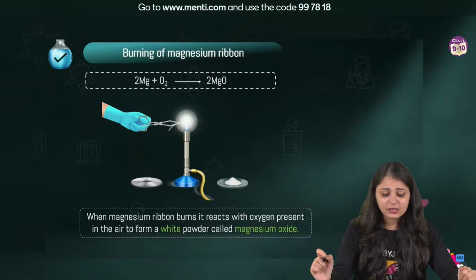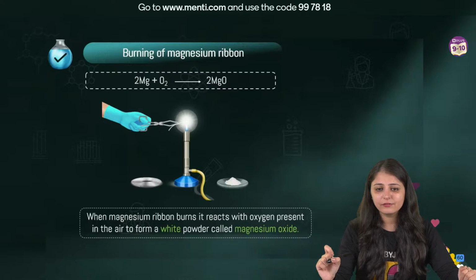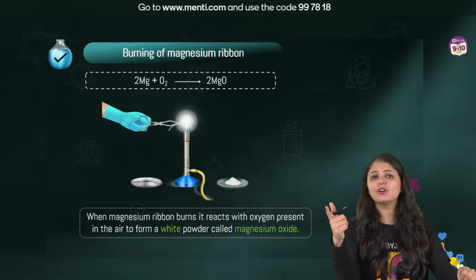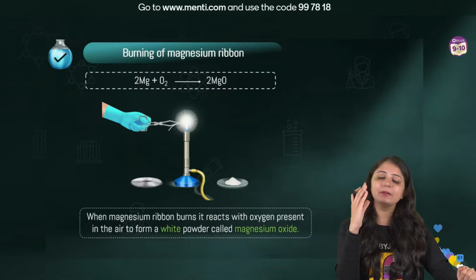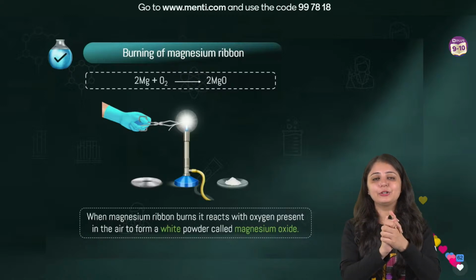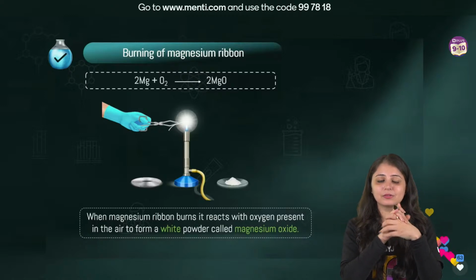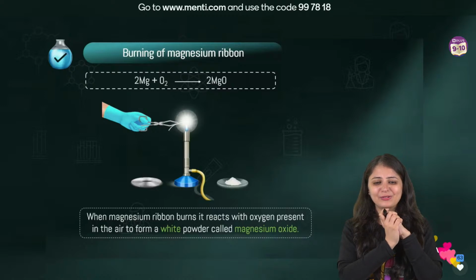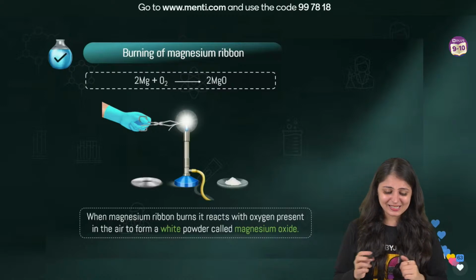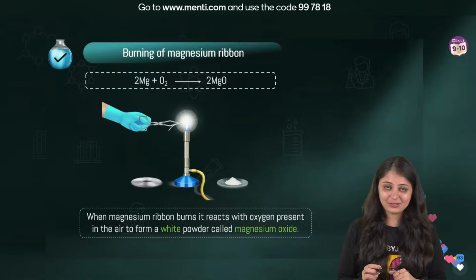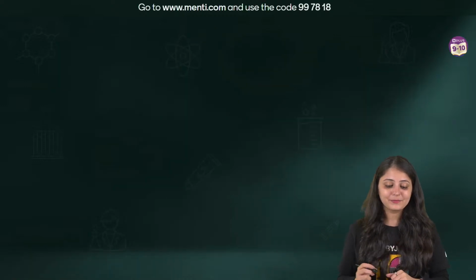By the way, can you tell me the type of reaction? जल्दी से, फटाफट से. Experiment shots, yes. बहुत प्यारा experiment shot इसका एक हमने video upload करा हुआ है. Quickly go watch that also, right after this session. You got confused, it's okay. Combination, yes, Anup, right. Yes, you can call it combination. Exothermic भी है, by the way.